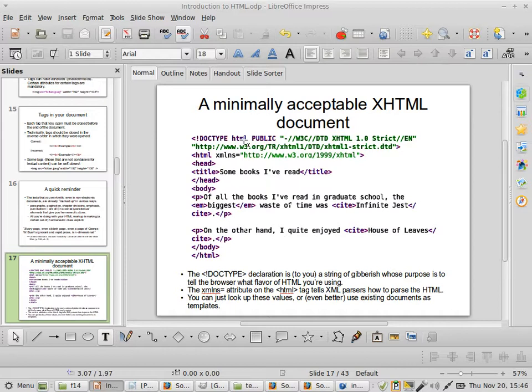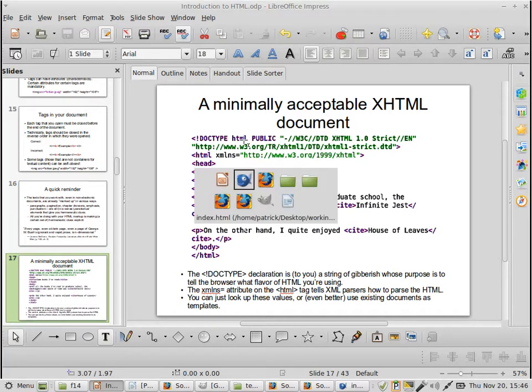Would you ever memorize these things? Almost certainly not. You'll copy and paste them from somewhere just to make your document valid. So again, not something to worry about. I'm just spending way too much time explaining why it looks like this and saying that technically these are requirements. So